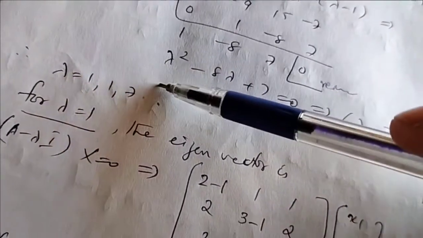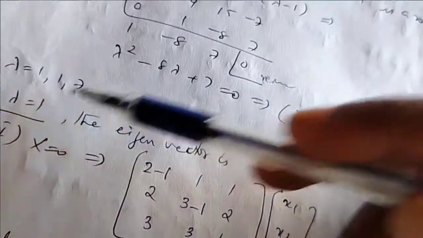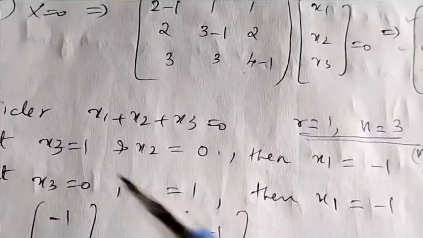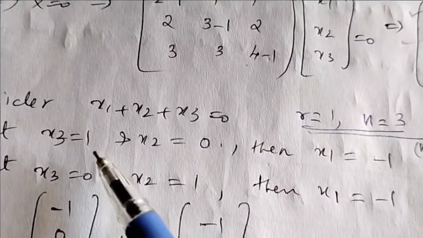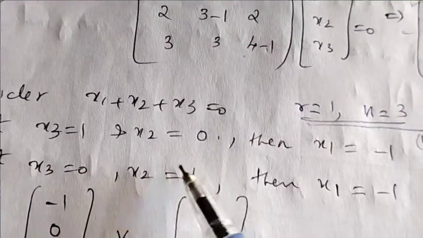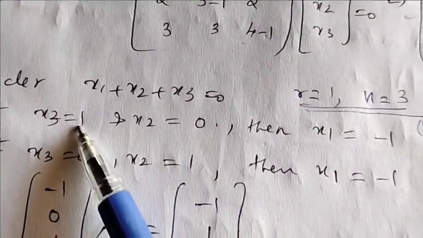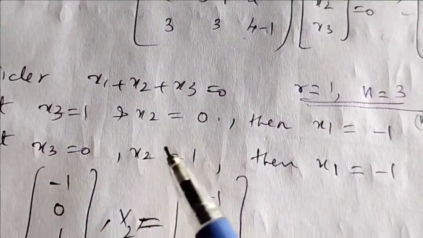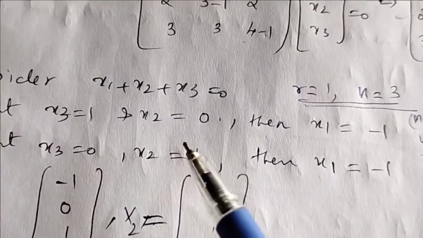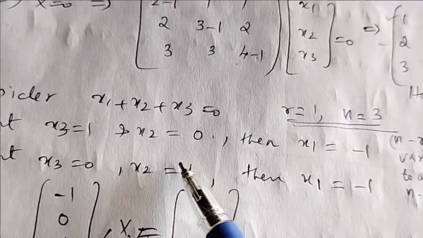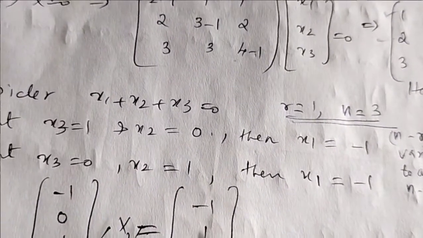The values of lambda are 1, 1 and 7. So for lambda equal to 1, we have this situation. For lambda equal to 1, we have to get 2 eigenvectors. That can be obtained by putting any two values. The values should not be like 1, 1 or 1, minus 1, but rather 1, 0: include 0 and a non-zero element. Then only you get linearly independent eigenvectors.